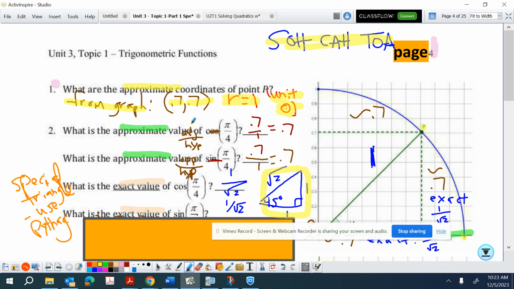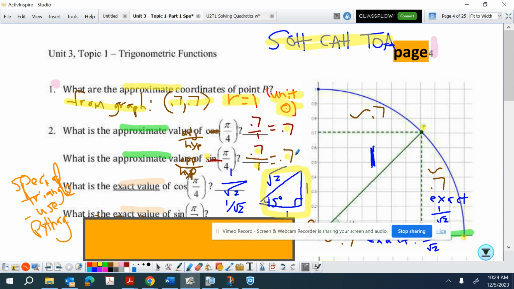x and y. Cosine is adjacent over hypotenuse, or cosine is also known, if you remember, as x over r. So if the x value is 0.7 and the r value is 1, it's 0.7 as the approximate value of cosine. For sine, one definition is opposite over hypotenuse, also known as y over r. The y value approximately is 0.7, the radius is 1, and so the answer for the approximate value for sine